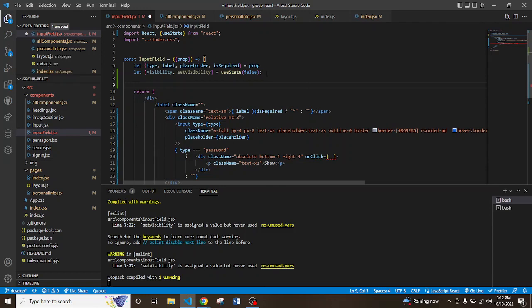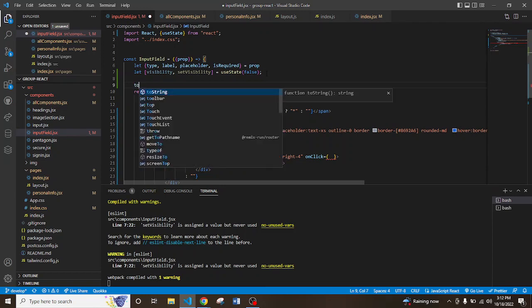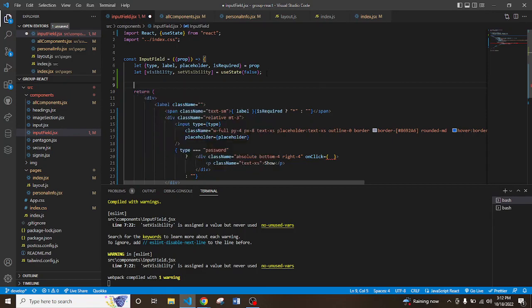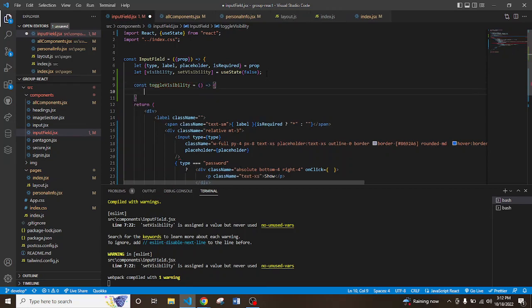Let's call this function toggleVisibility, because that's what it's doing. So const toggleVisibility is equal to